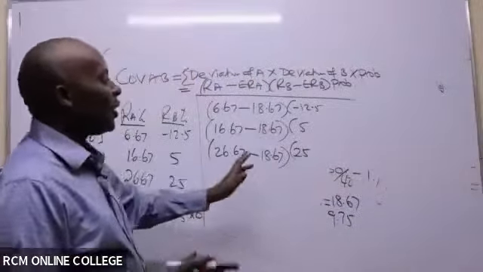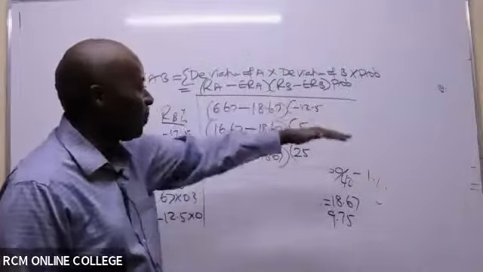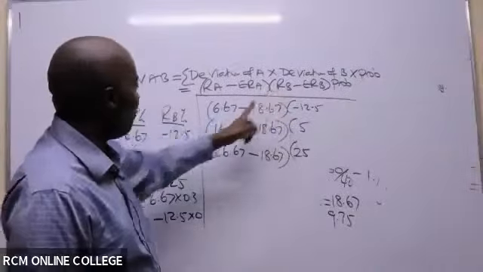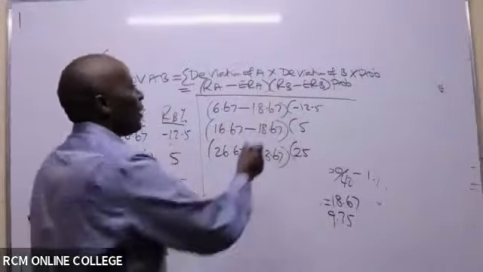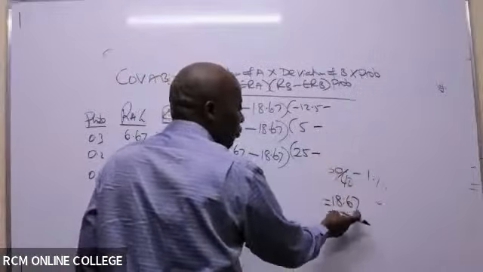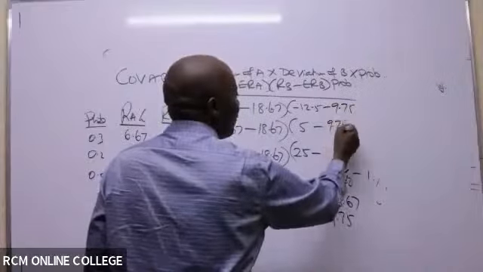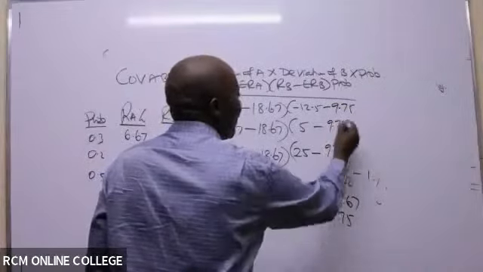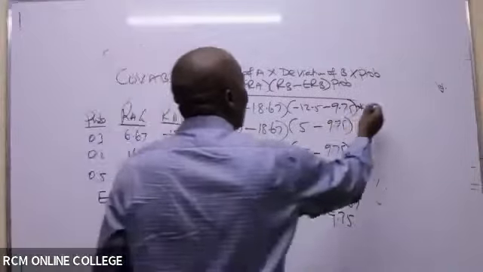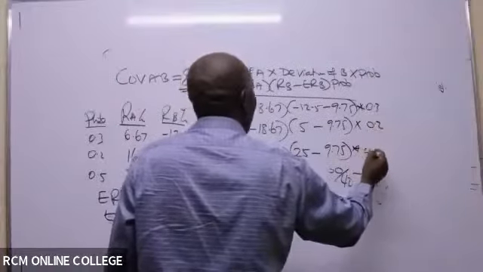So in this case we have the actual returns of B. Don't go horizontal yet. Actual returns of B are these ones, copy. Then you say minus. Are you able to see the expected return of B? It is here, so it is 9.75, 9.75, 9.75, like that, times the probabilities we are given here. We have 0.3, here 0.2, here 0.5, like that.